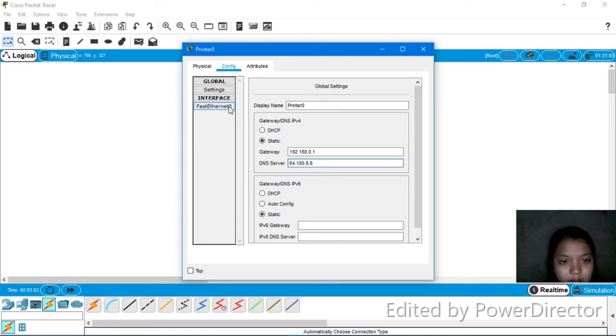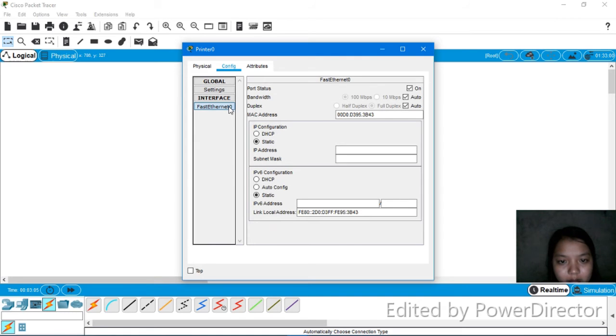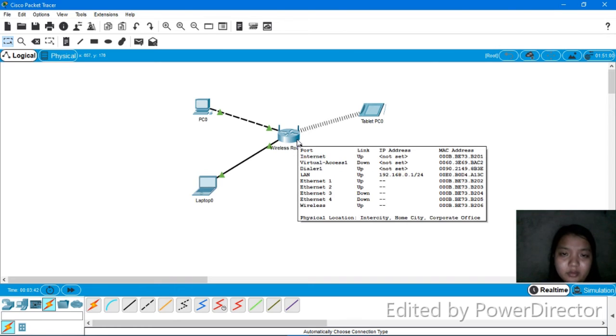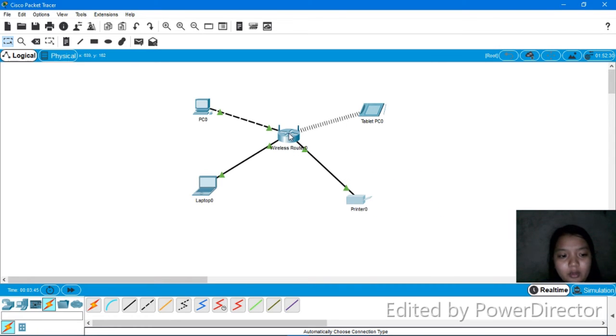I will click the fast Ethernet 0, and then I will make the static IP address. So for this one, I will put the IP address as 192.168.0.2, and then the subnet mask of 255.255. So that is the default gateway. So I will close this one, and then I will configure this wireless router for it to have the